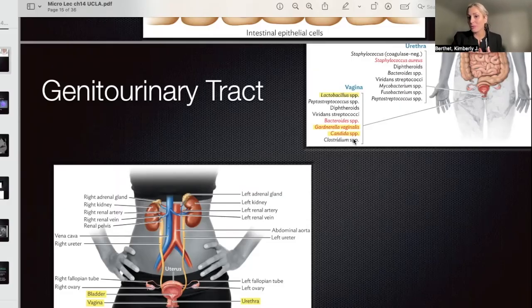Yeast infections are actually caused by microorganisms that are natural to our body. It's part of our microbiota, but it's the balance that's really important to keep them down. And that's why it's typical following antibiotics that we see an opportunist microorganism that was part of our healthy microbiota taking over and causing problems by its overgrowth.